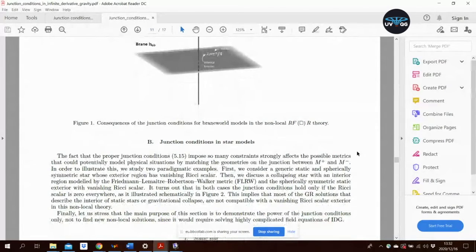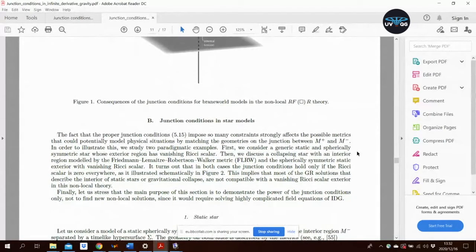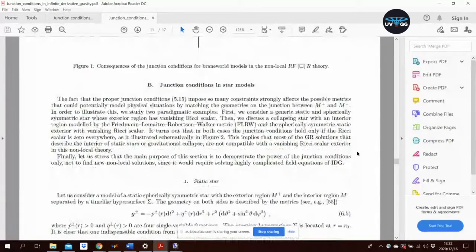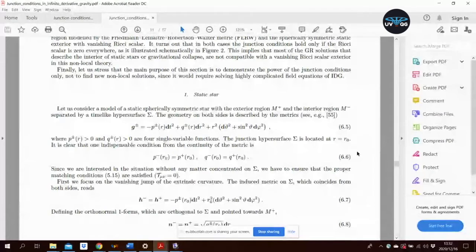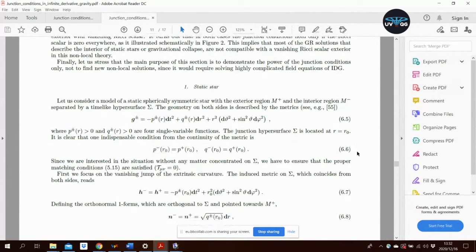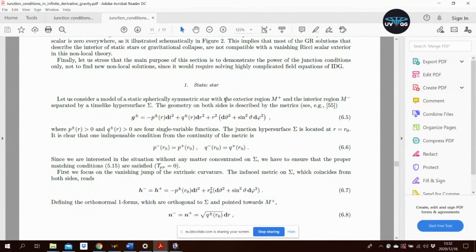And also, another consequence is star models. I'm going to talk about two specific cases: basically a static star surrounded by a vanishing Ricci scalar exterior. We don't assume it to be Schwarzschild, but a vanishing Ricci scalar exterior. And also, I'm going to talk about a collapsing star case. So first, for the static star,